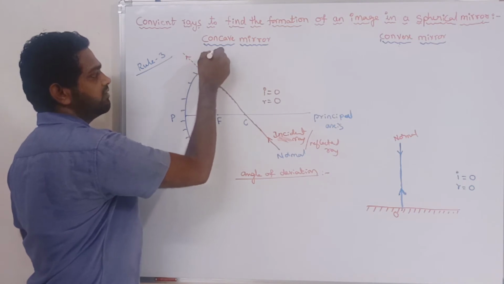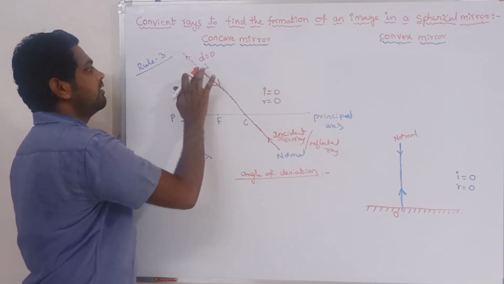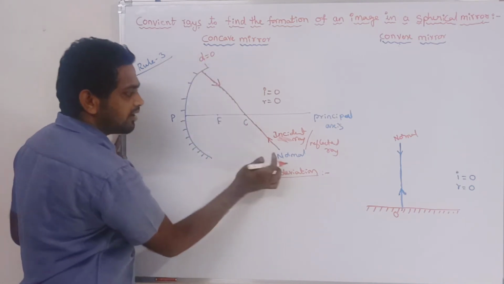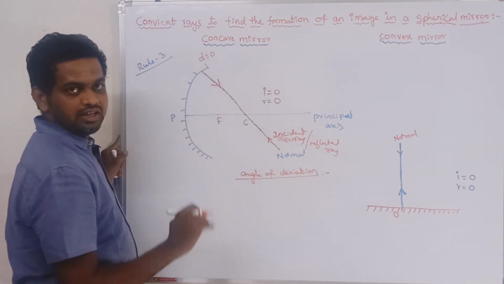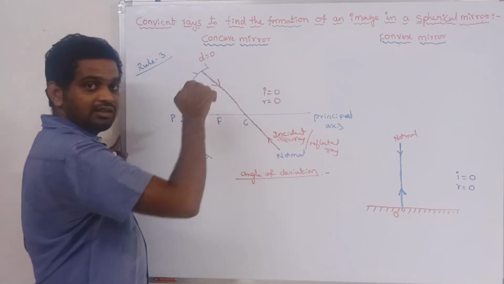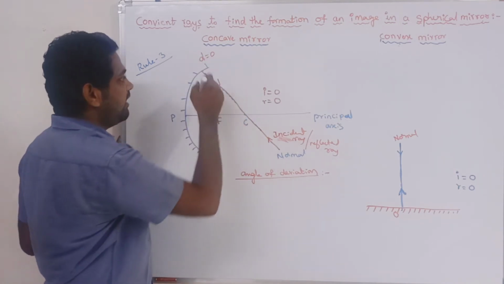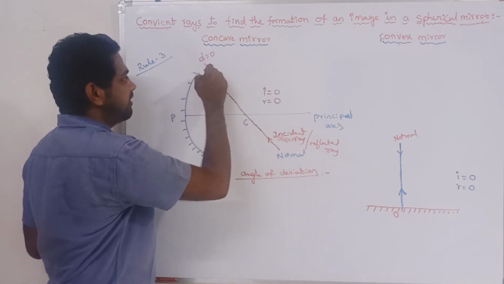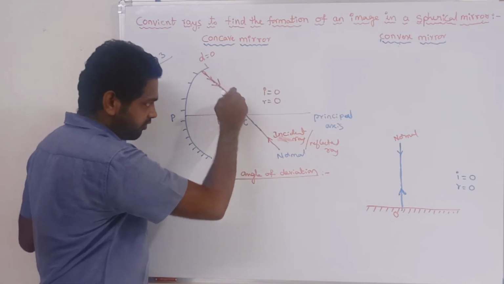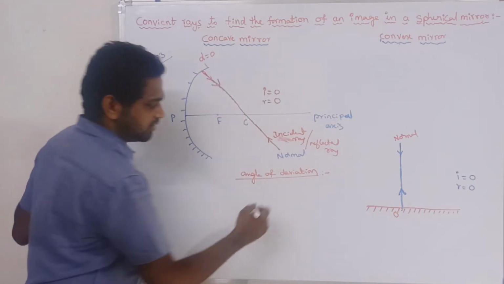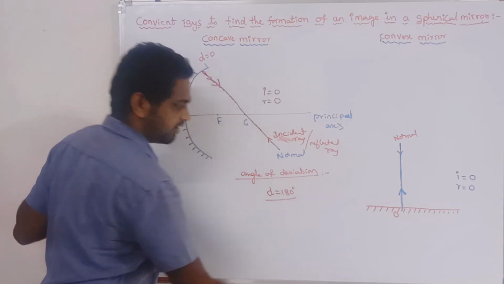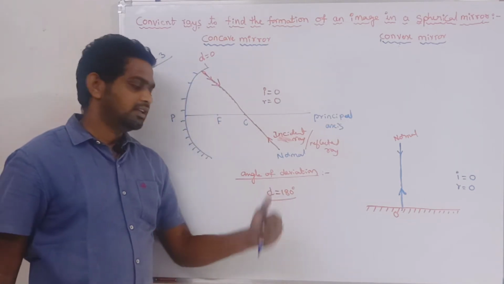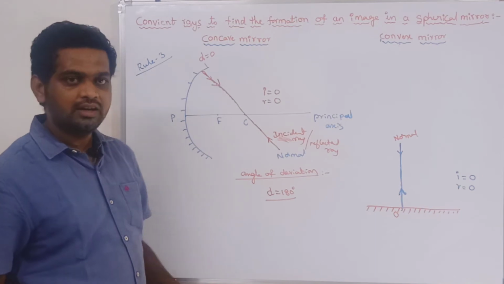The angle of deviation will be equal to 0. But the incident ray, whatever the ray is passing along C, it reflects in the opposite direction. Means it is turning at an angle of 180 degrees at this point. Then after, it is moving in the actual path. So the angle of deviation will be 180 degrees. Clear? At this condition the angle of deviation will be 180 degrees.